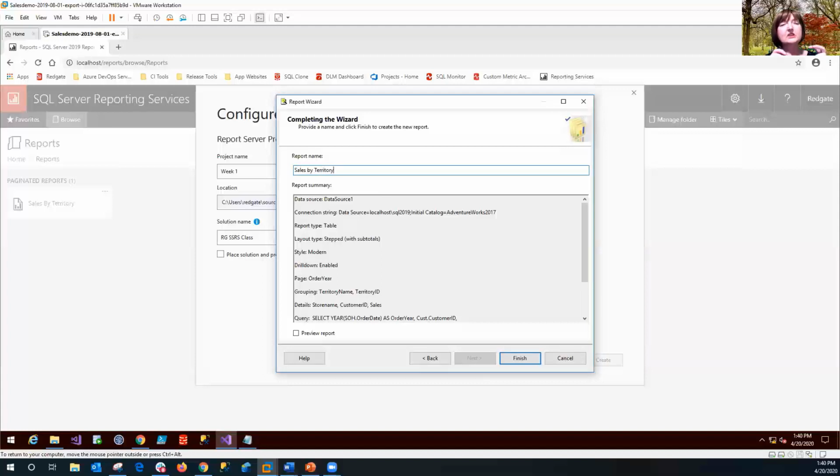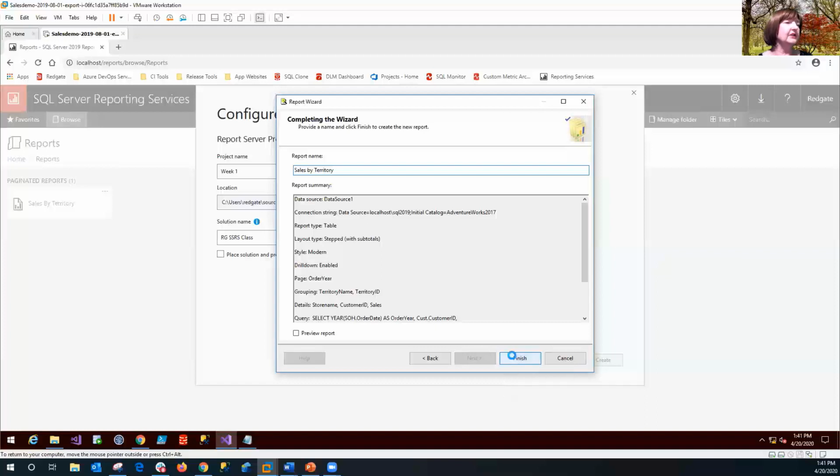Now it's okay to give your reports a user-friendly name, because the name of the report is going to be exactly how it's going to look, unless you change it, when you publish the report. And spaces in the name are fine. Most of the time when you work with objects, you can't have a space in the name. In the report names, it's okay. I'm going to click finish